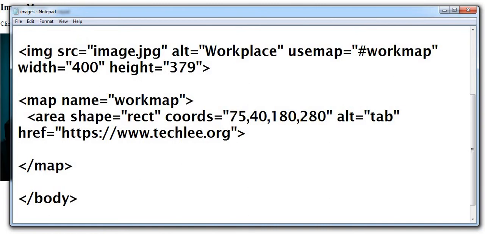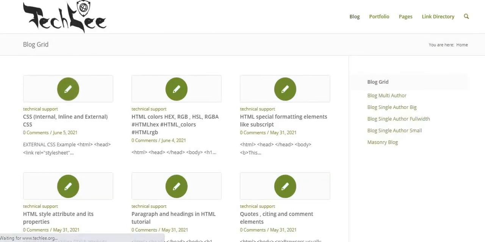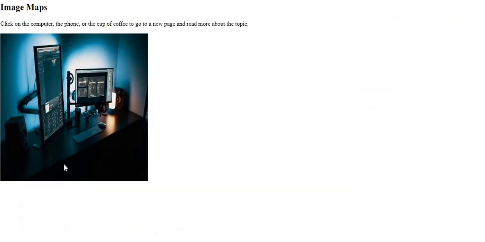Now let's save it and just refresh the page. Now when we give 180, it's clickable till here. Okay, can you see that? And when I click that portion, the website which I gave will load, and on that page you can give the information of that particular area of image. In this way, you can make an image informational.